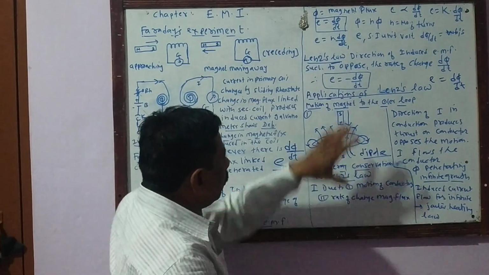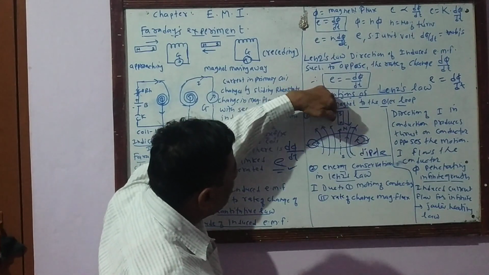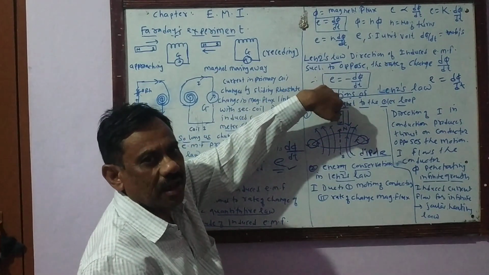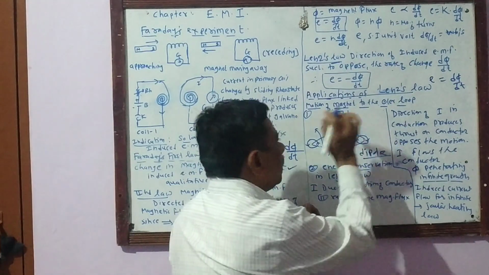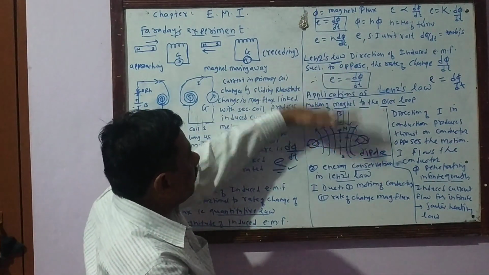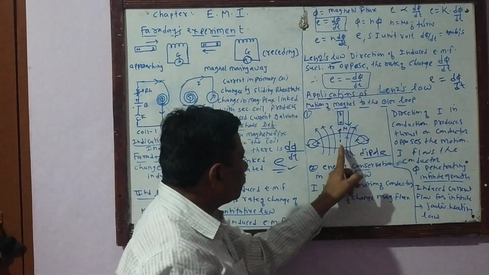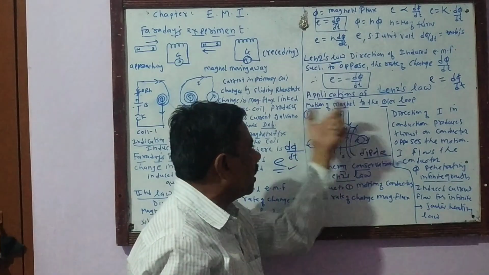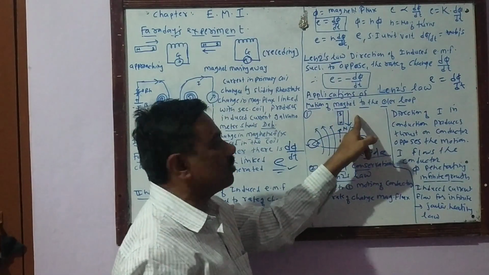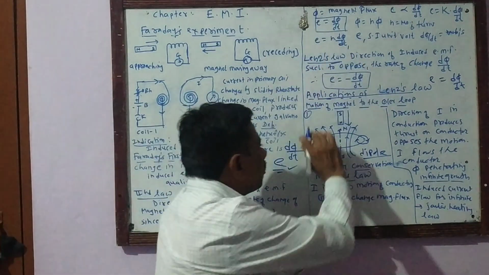and the dipole is produced in such a way that a north pole is developed toward the north pole of the magnet, so this pole repels the magnet, and repels the motion of the bar magnet. That is, the induced EMF generated in the coil opposes the motion of the bar magnet, and that is E is equal to minus d phi by dt. This is the explanation of